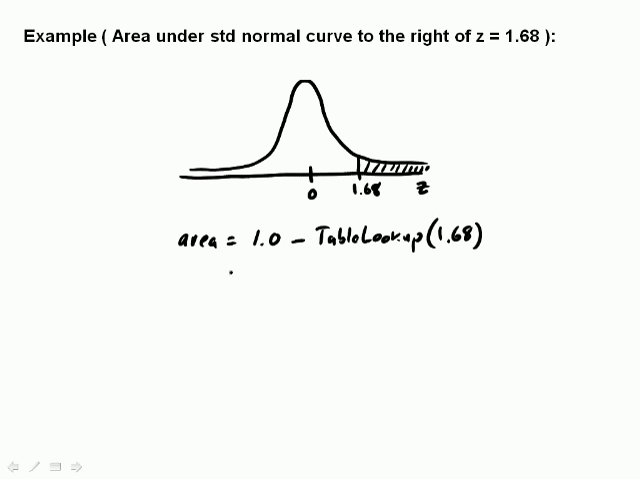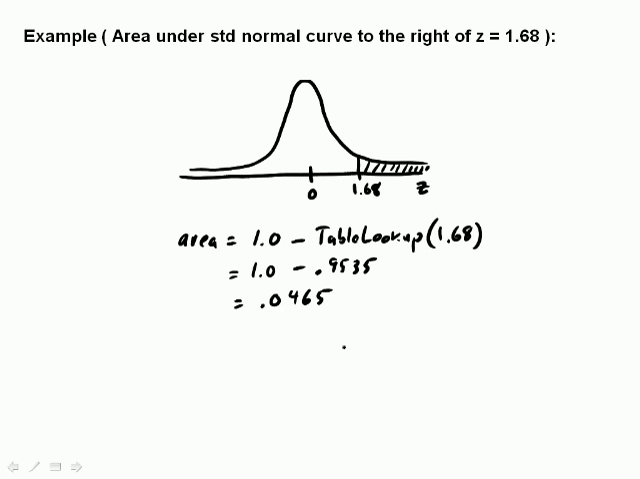Okay, now if I go to the table and look up this second area over here, I need to find 1.68 in the table, so I go to z-value 1.6 and then go over to the column that says 0.08, and I find out that this is 0.9535. And then if I subtract those two values, so 1 minus 0.9535, I'm left with